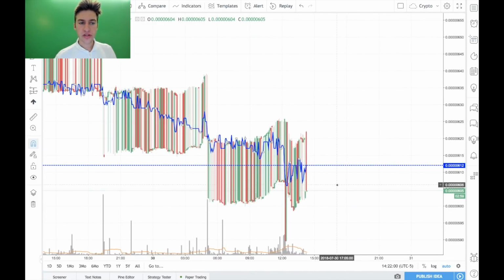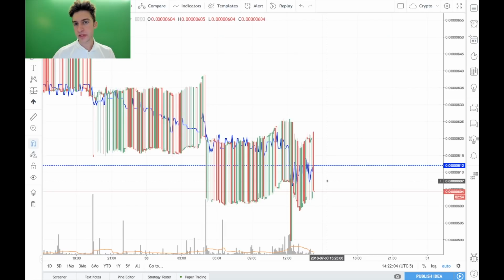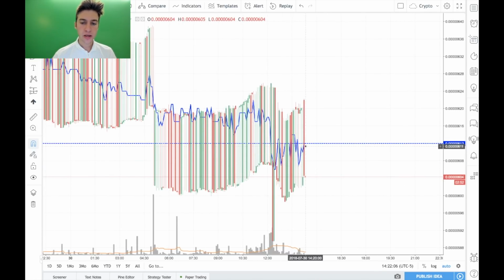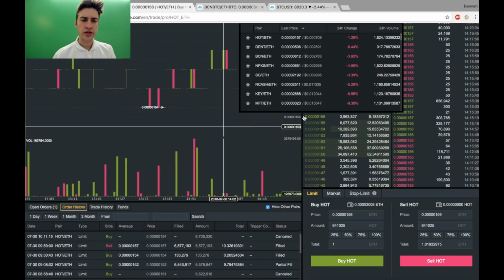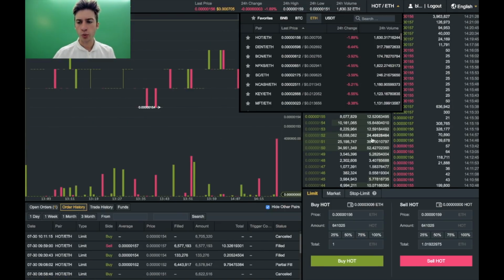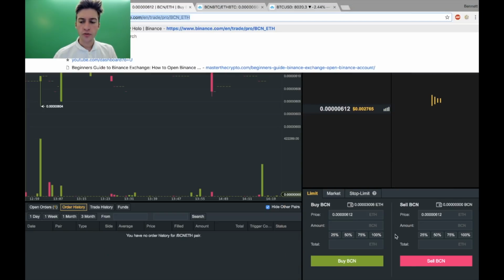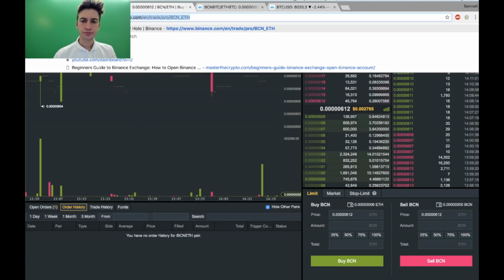So what this kind of looks like to me is that we could buy the undervalued BCNF, which is here, and merely try to sell it at these offers, at this sell level here. So buy it around the 611, 612, and then sell at parity, which is about 620. So let's go take a look at the BCN order book just to see if we would be able to pull this off. So if we look at BCNF,